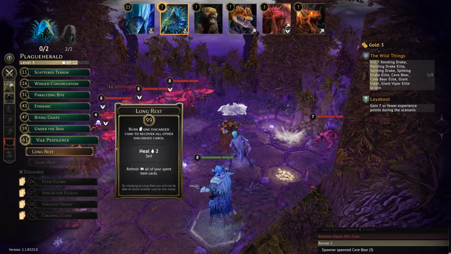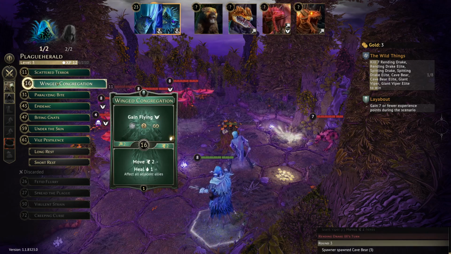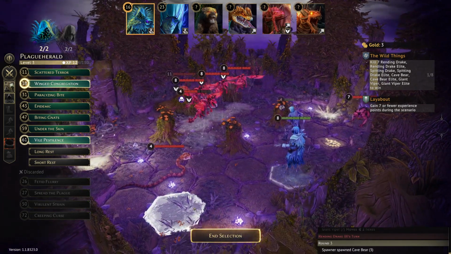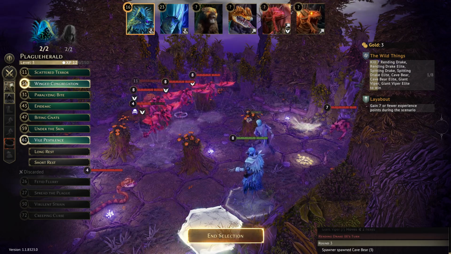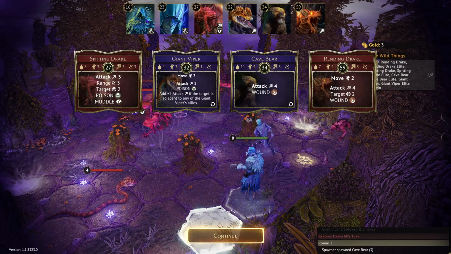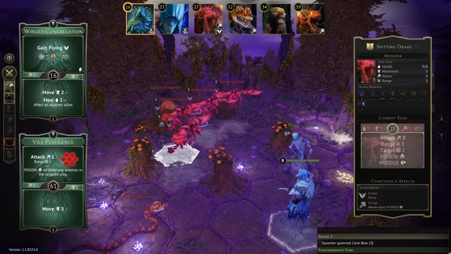We're going to try for Vile Pestilence on these guys. I think we'll do it as a Winged Congregation Vile Pestilence. So we step in, we get a little bit of healing off. Maybe that helps out a teensy bit. Okay. Drakes are doing poisoning in a nasty, nasty area, so we don't really want to be in range of